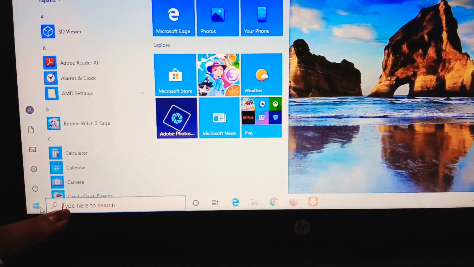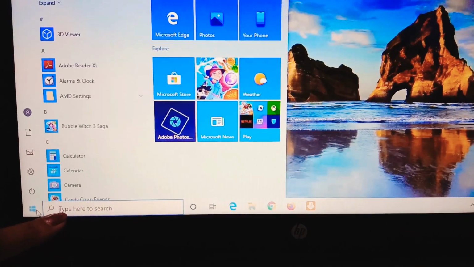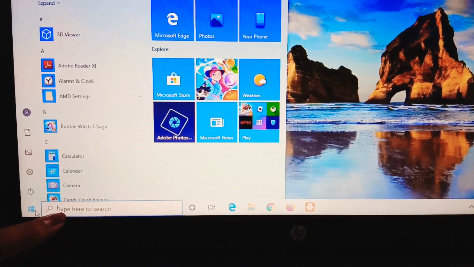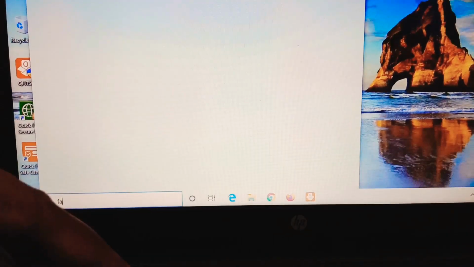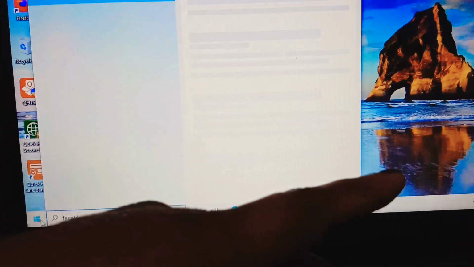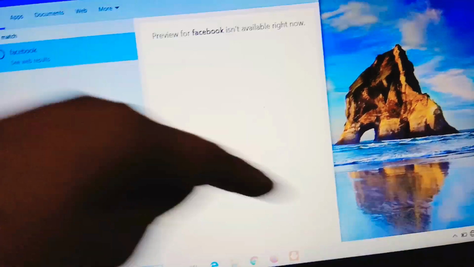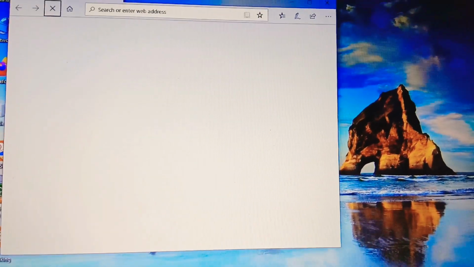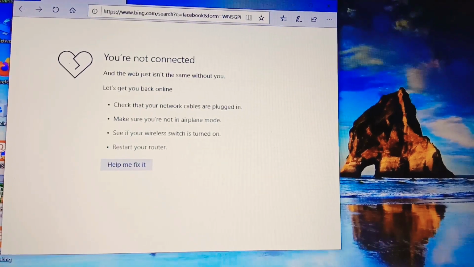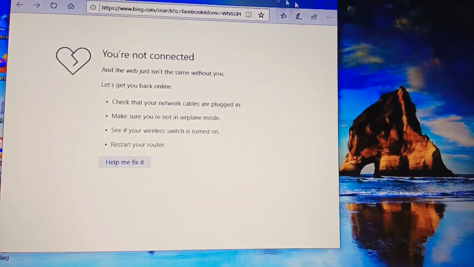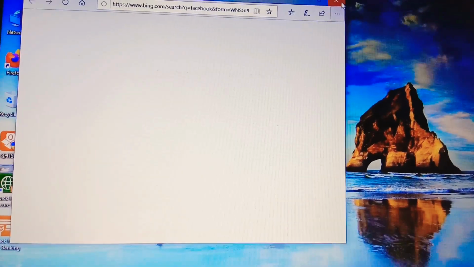But if you search for anything other than an installed application, it shows that you are not connected to the internet. Look, I search for Facebook. When I press enter, there is no internet connection. For searching anything online, it needs an internet connection.